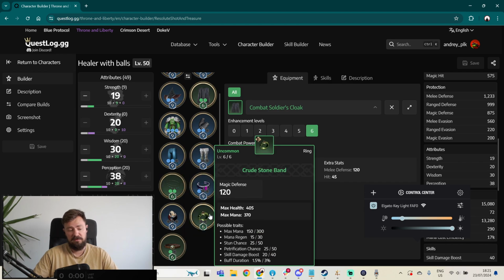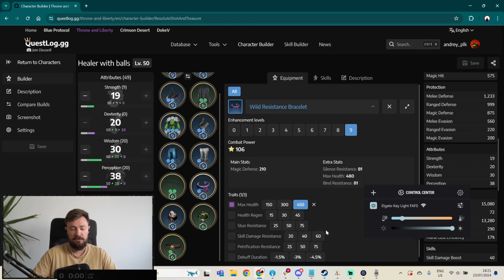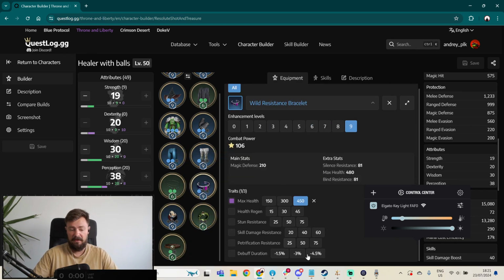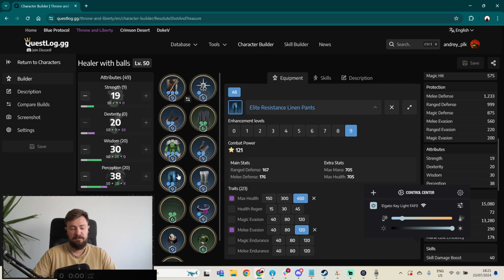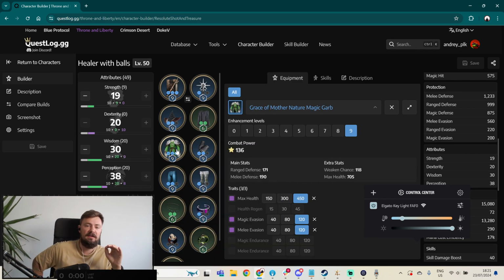And if we're talking about accessories, they also have a skill damage boost, max HP, and skill damage resistance. That's what we learn from the accessories. This one is from the lithograph. You can have max HP and debuff duration, easy to craft, max HP, melee evasion, right? Max HP, magic evasion or ranged evasion. And at the beginning, you can get as much max HP and as much melee evasion as possible,